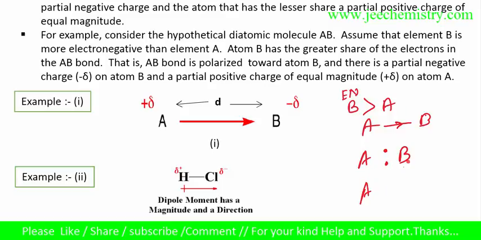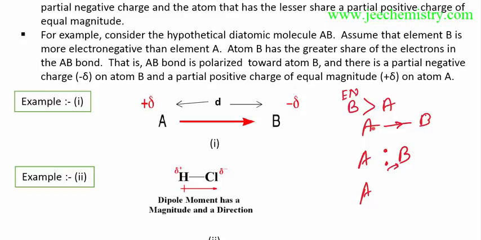It will pull more and more electrons towards it. If B is more electronegative than A, it will pull more electrons towards itself. If A is more electronegative, then A will try to pull more electrons towards itself. So if there is an electronegativity difference, the shared pair of electrons will shift more towards the more